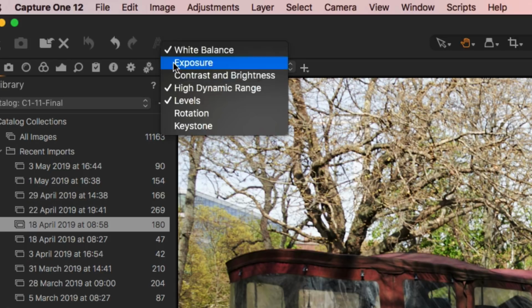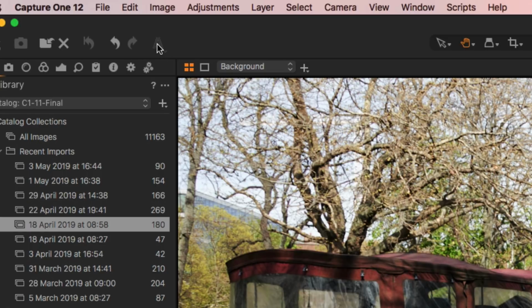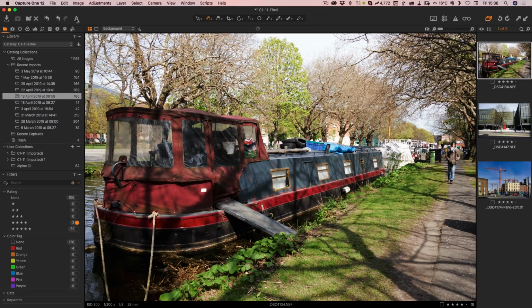You can turn these off, and now if I do this, it will just do auto white balance. There's not much of a change because the white balance was pretty good as it was, so I'll just undo that. I can say do auto exposure and auto contrast and brightness, and sure, we'll turn them all on. We'll go high dynamic range as well. And now if I hit auto,